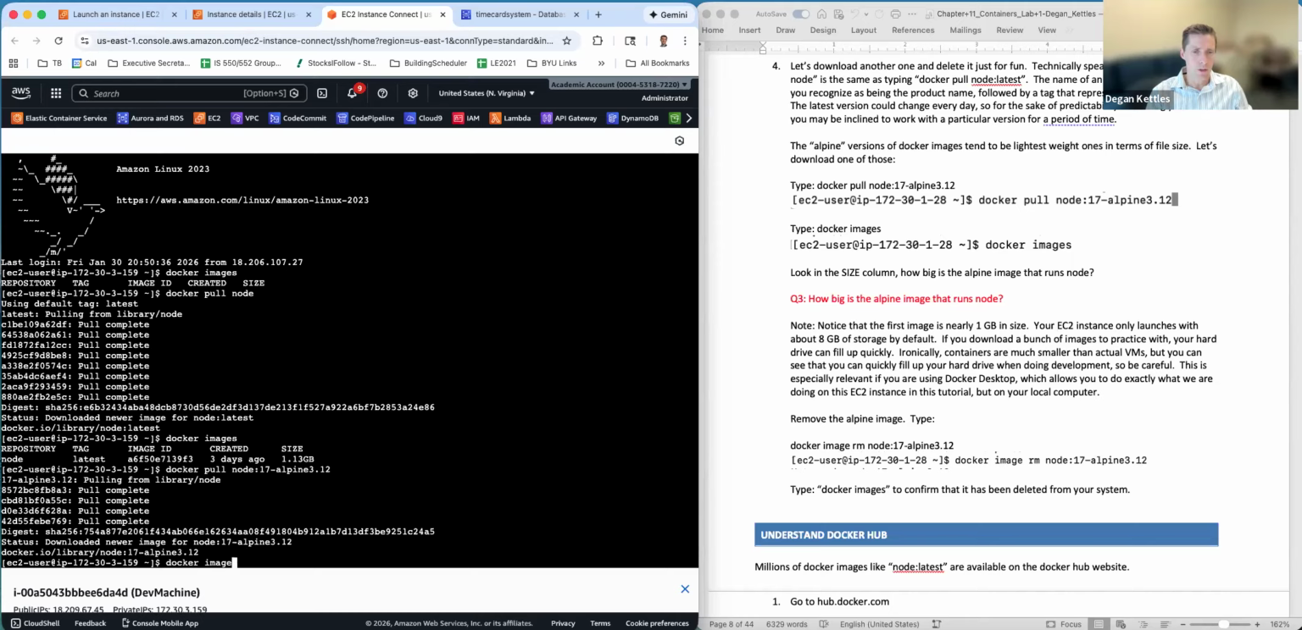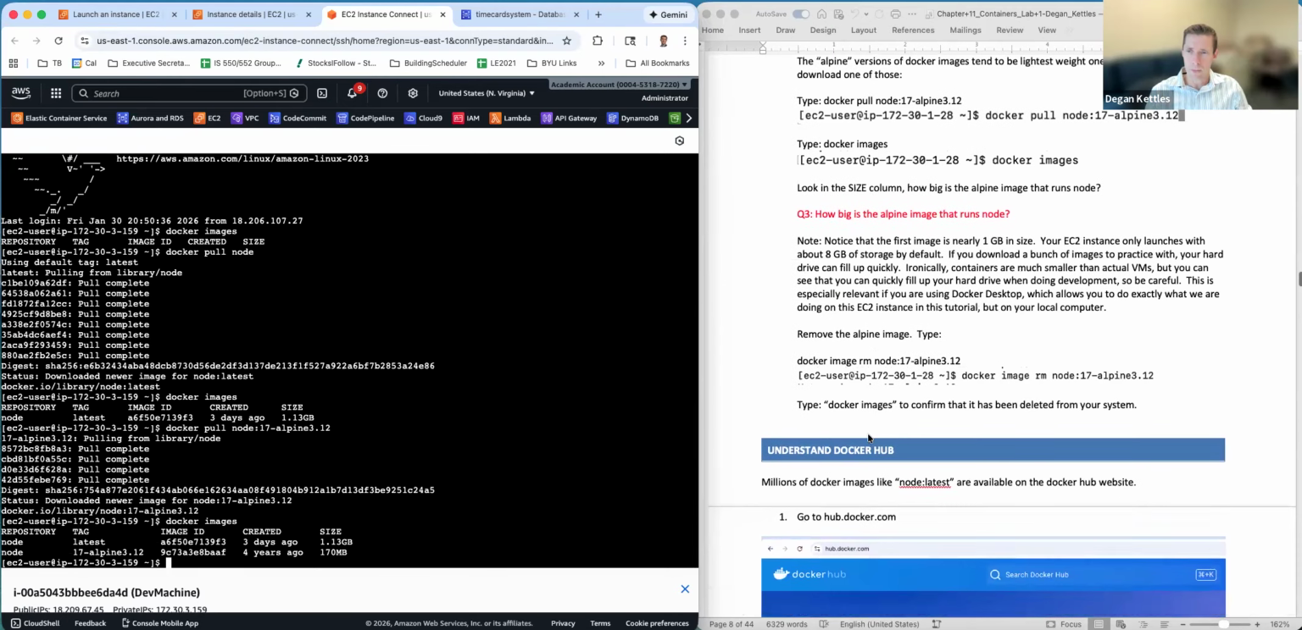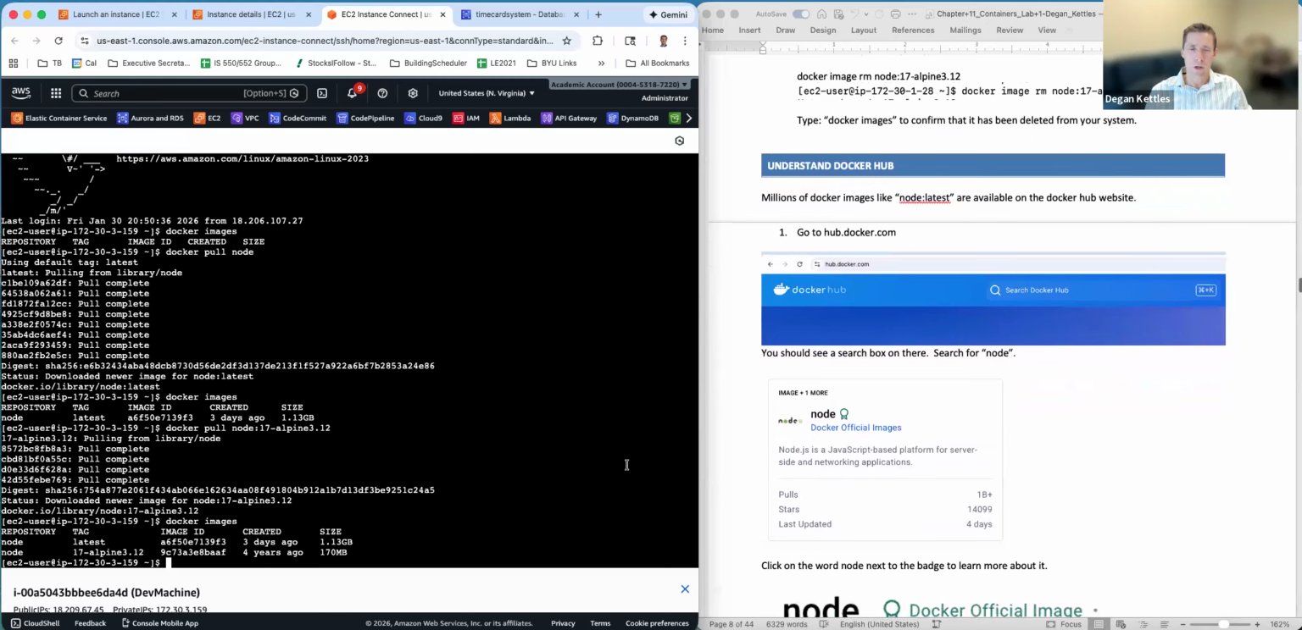I do Docker images again, and now I can see that there is a secondary one that exists on the computer. All right. And if we're trying to keep things tidy, when you're experimenting, especially on your local computer, you can fill up your hard drive because you try 10 different Docker images and you just used up like 10, 20 gigs of space on your hard drive